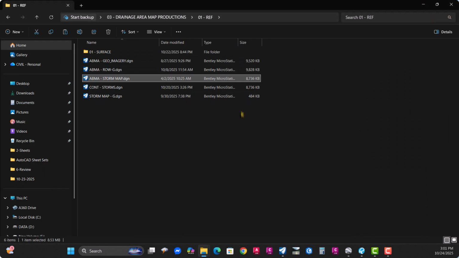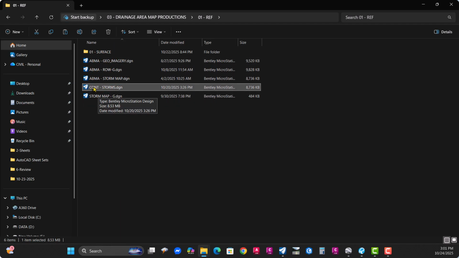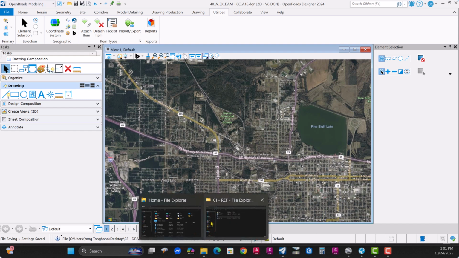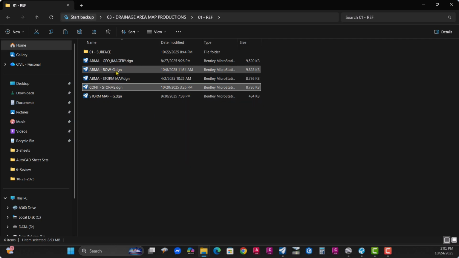We're gonna create a container file. That file will contain all of these separate files into that one, and then we attach that container file into this drainage area file. That's why we use that. We use that to help us